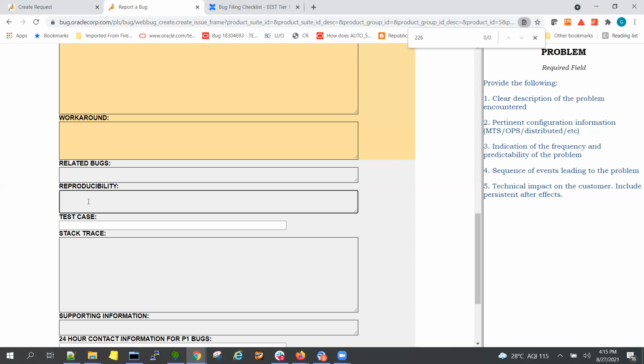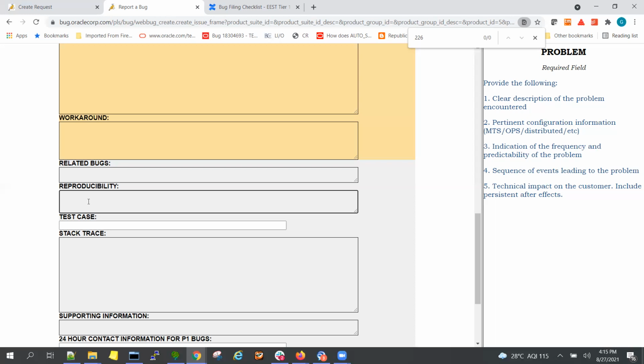Now in the concurrency issues, there are very meager chances for us to reproduce it if we don't have a reproducible test case. But that issue is really killing the customer database, so we have to go and file a bug. It's not only concurrency, it could be different kinds of locking issues also. It can be a TM lock or a TX lock or an index contention. There are many contentions like that. Buffer busy waits, free buffer waits. Free buffer and buffer busy waits are related to the performance of the DB writer process, which requires a detailed analysis. Still, when there is a need, you can go and file a bug.